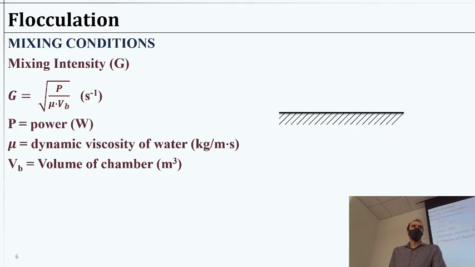And we have a term called mixing intensity, or G. So mixing intensity is essentially looking at the velocity gradient of water passing across a surface, or a surface passing through water. We can define this as, if we have some surface here, and next to the surface we have water moving with some velocity, it's slowed down because of drag forces. So the water right next to the surface is going to be slower than water moving a little bit further from the surface. And we'll have some gradient